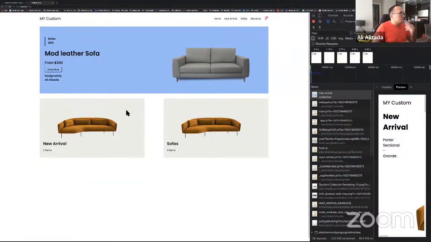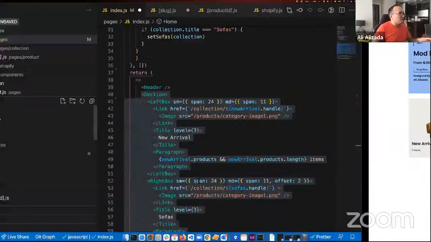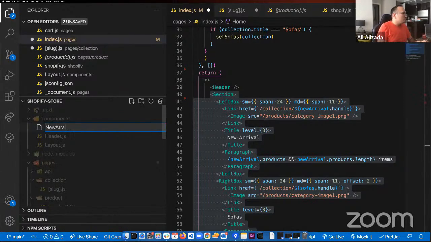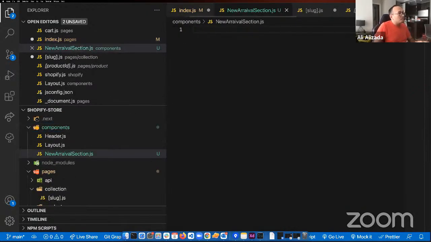what should we call this section? New arrival section, let's call it for now. You guys can name it better. New arrival section dot js. And I'm just going to say const NewArrivalSection is equal to, and then we have props,